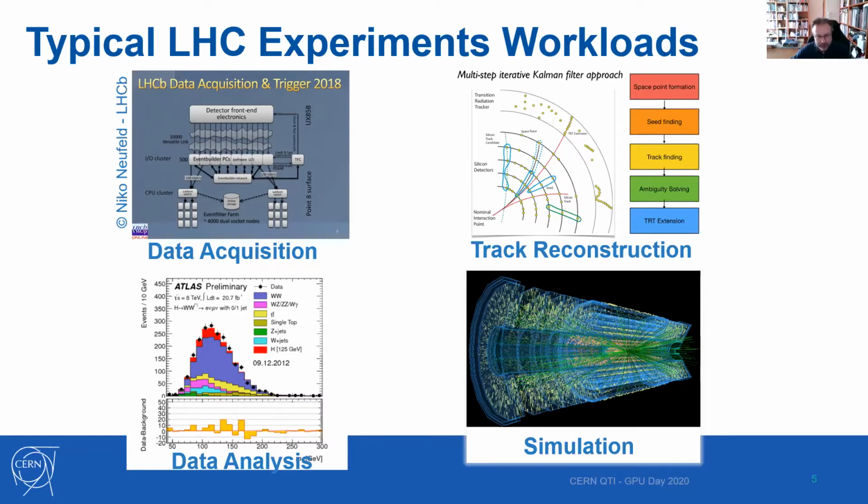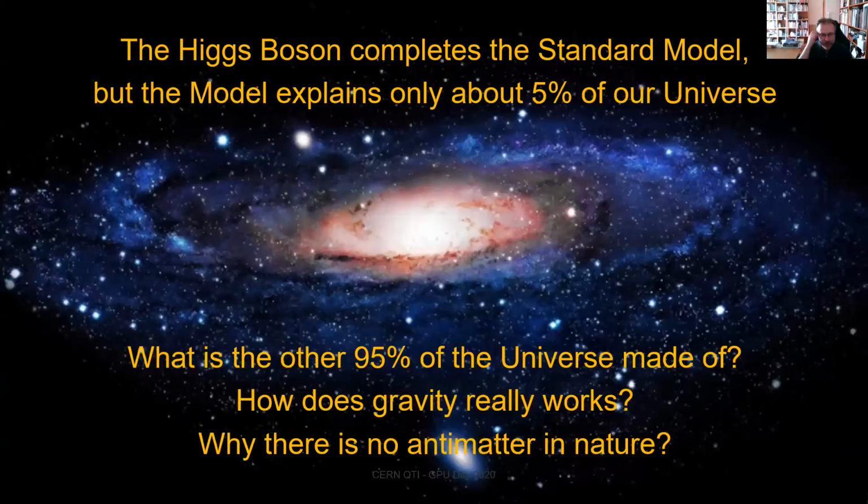So this is the standard model. In terms of computing, it is the default model working for all the experiments today. And as you know well, it has been until now very successful. The physics standard model has been sort of completed with the discovery of the Higgs boson. Now, of course, there is much more than this in the universe. Broadly speaking, the standard model is capable of explaining about 4 to 5% of the universe, and there is a lot more out there that today is not fully understood.